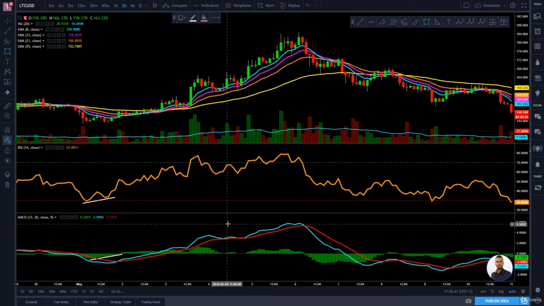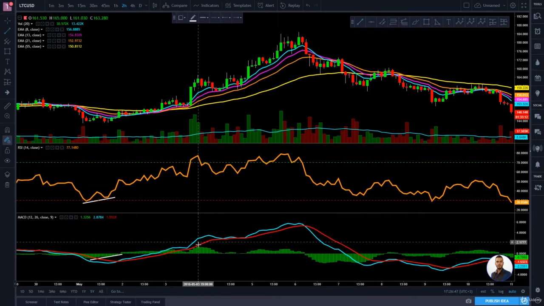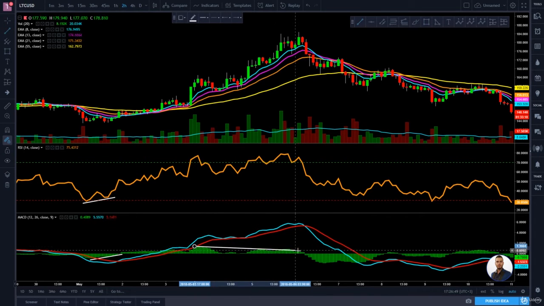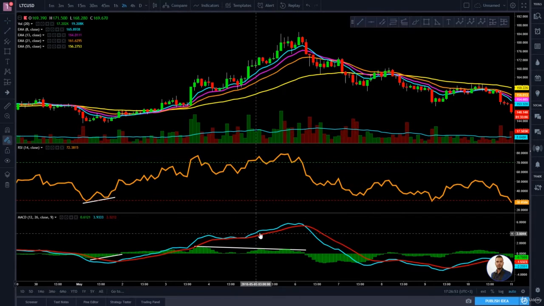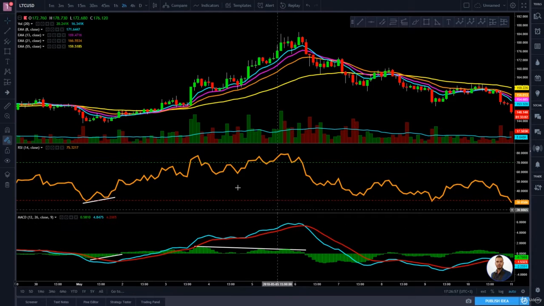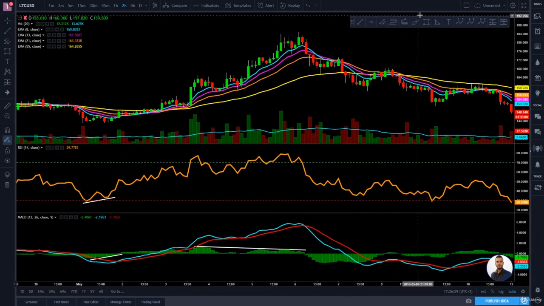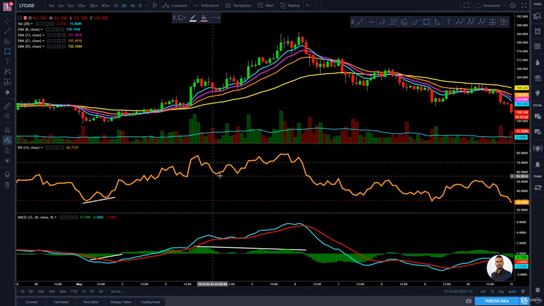First of all, on the MACD indicator, we see that we start to bearishly diverge here on the histogram, and let's draw a trend line right here to see it much clearer, and the MACD moving average is getting closer and closer to the signal line as well. Let's take a look at the RSI as well to find reasons to sell this coin and take profit. In this region right here, and I am going to highlight it with a rectangle,